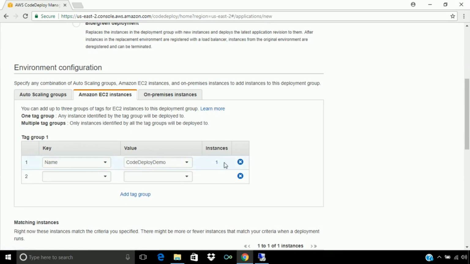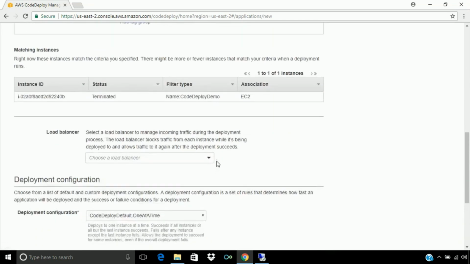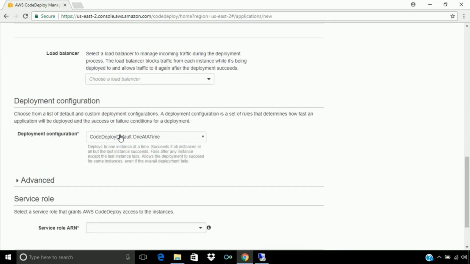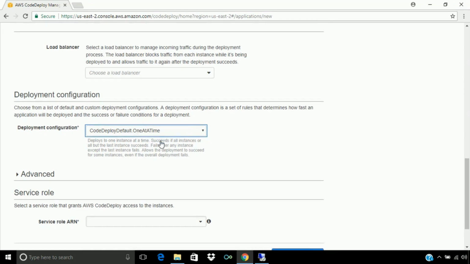If there are multiple instances matching this value, then the count will be 2 or more. So that has been added. Now for deployment configuration we will select one at a time, because we are going for the in place deployment, so we don't have to specify anything here.